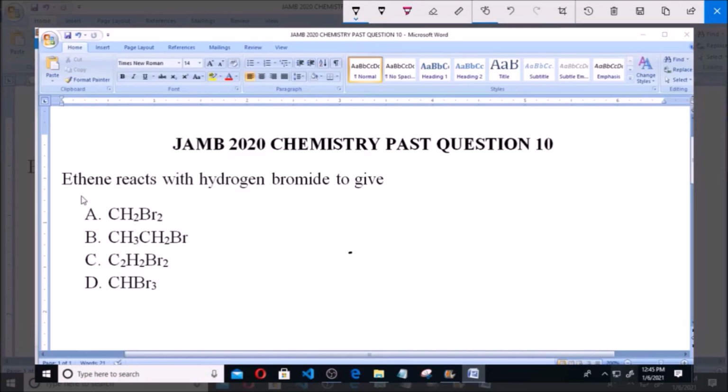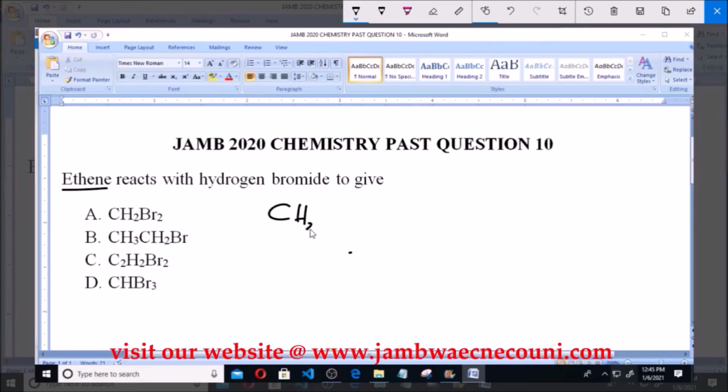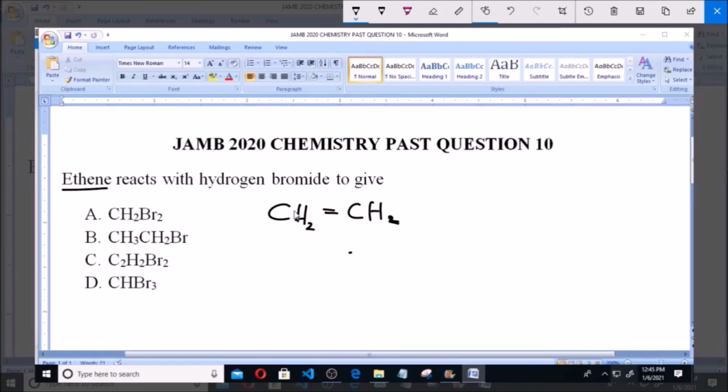Now, it is noted that ethene here is an alkene, that it has a double bond, and ethene is represented with the formula CH2=CH2, the double bond between the two carbon atoms. Now, ethene is said to be unsaturated. When ethene reacts with hydrogen bromide, which is HBr, there will be what we call an addition reaction. That is the addition of hydrogen and bromine to this ethene molecule to give